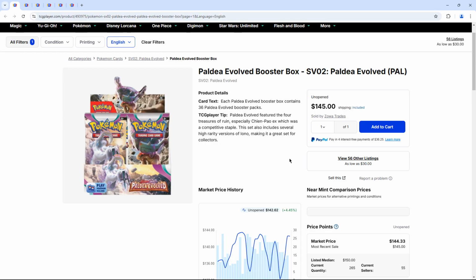So next is going to be Paldea Evolved. Now, I was thinking about maybe putting Paldea Evolved second, but I put it third just because of price point. Paldea Evolved has the Magikarp in it, but the reason why I'm putting this at number three is because I feel like this set is good, it's kind of the same thing with Paradox Rift a little bit,